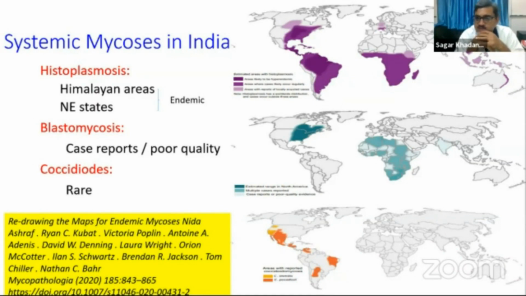Coming to histoplasmosis, in India the upper part, the Himalayan and the northeastern states, are almost endemic. Coming to blastomycosis, there is a possibility that the whole of India may ultimately report blastomycosis. Probably we are not able to report or we are not able to diagnose. That is why blastomycosis is not much reported from India, and whatever is being reported is of poor quality. Coccidioides is rare if you look at the world literature. Also, coccidioides